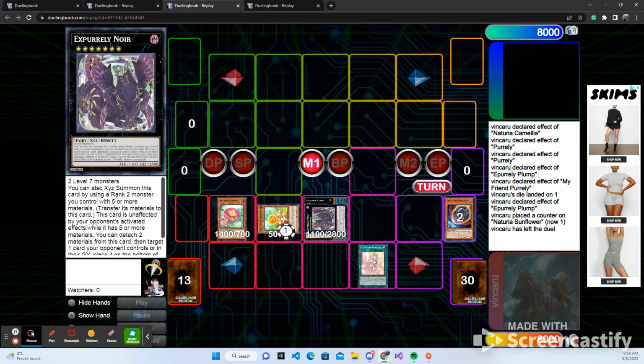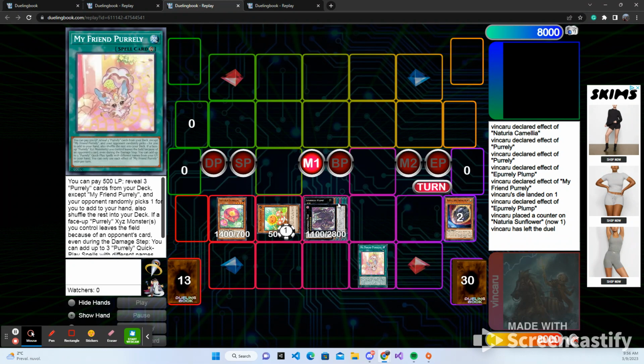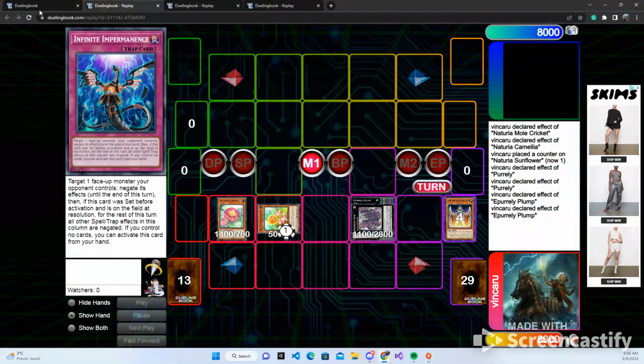And then, of course, if Noir gets outed, we get back, since we have all three quick plays under. So we have Pretty, we have Happy, and we have Delicious. We'll be able to add back all three and have 4 cards in hand at the start of next turn, which is very nice. And now we go to the